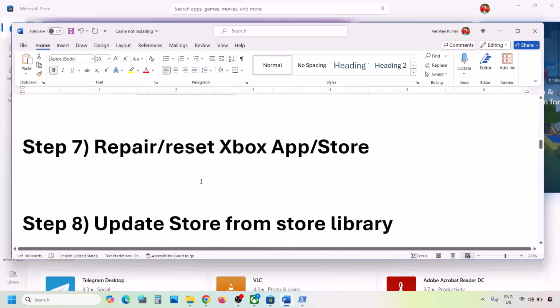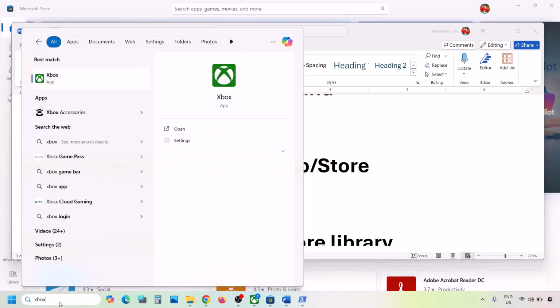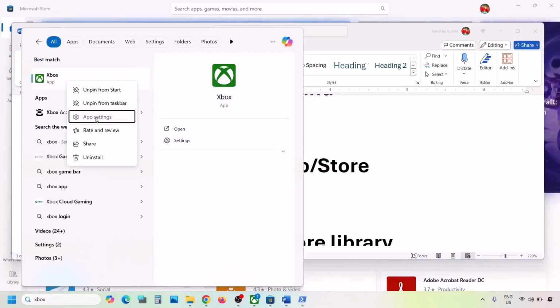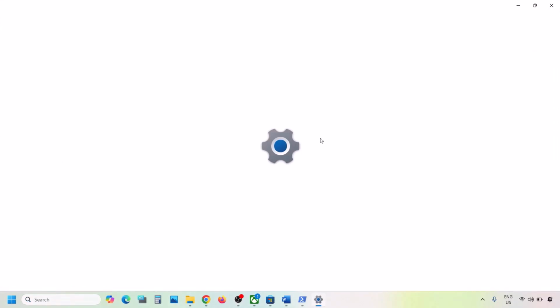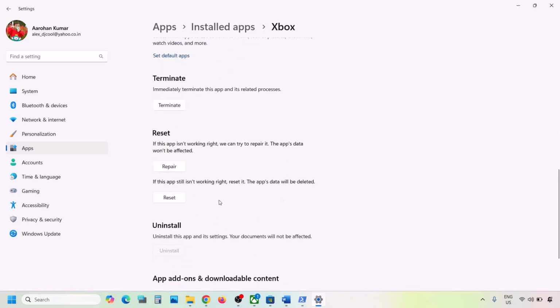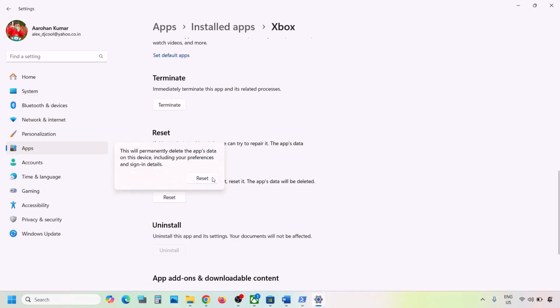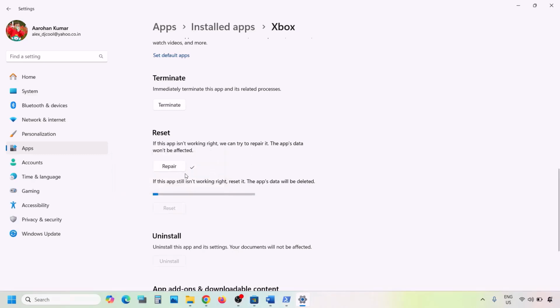Next step is to repair or reset Xbox app or Microsoft Store. First of all, type in Xbox app in Windows search box, right click on Xbox app, and then click on app settings. On this page, scroll down and you will see the repair option, repair Xbox app, and then you can try to check. Still not working? In that case, you can perform reset. Click on reset, and after the reset, you can check. If you're still facing the problem,